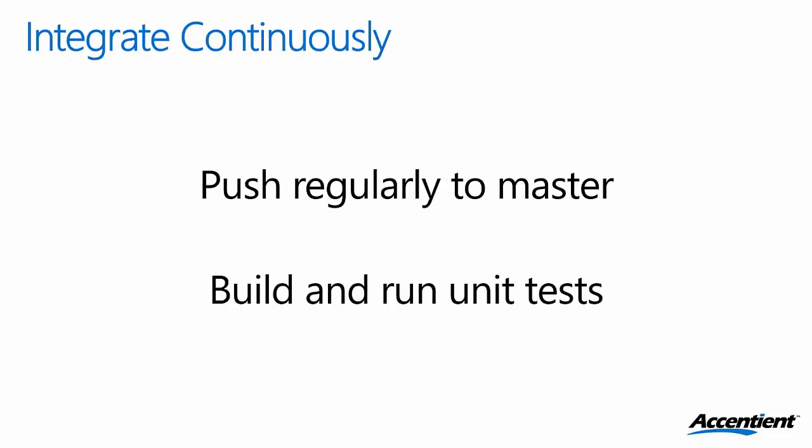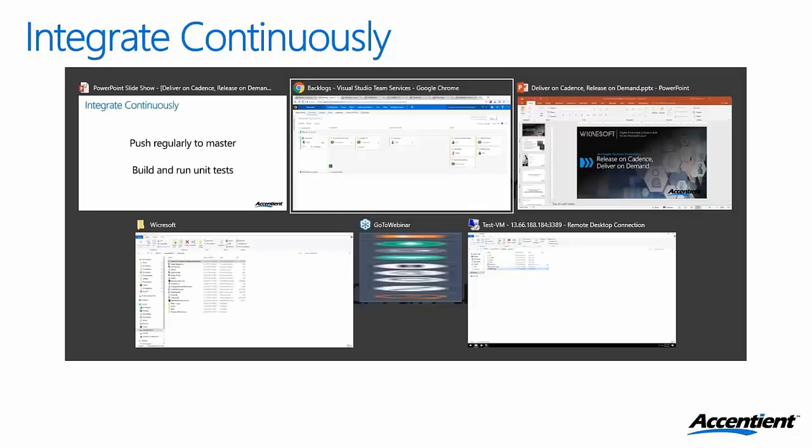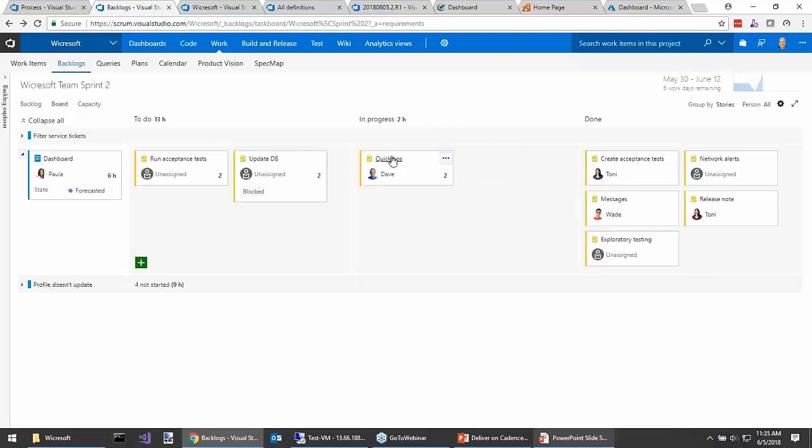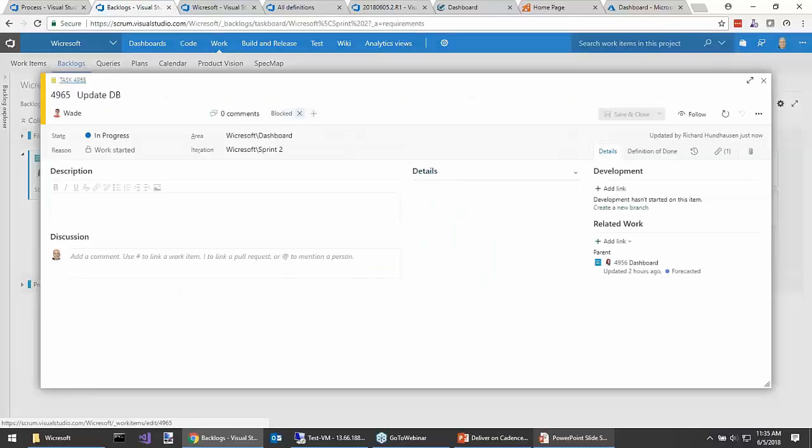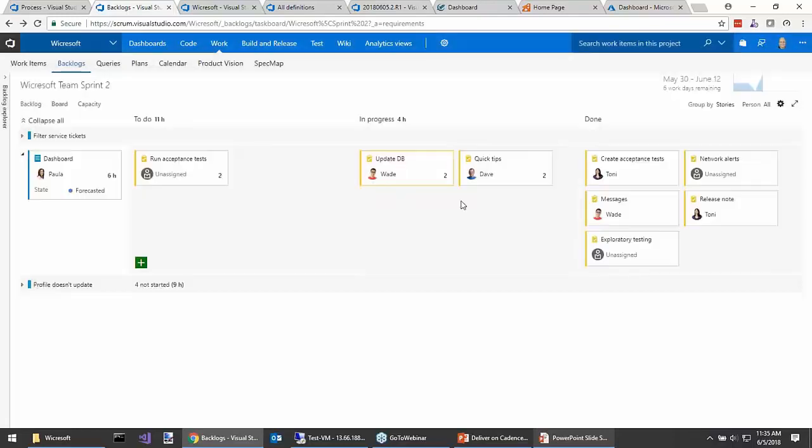Let's get on to some more of the tooling discussion. Integrating continuously. This is, just as the name suggests, continuous integration, CI. It means, hey, as we're coding on this dashboard feature, as we're integrating our database schema things, and let's say Wade jumps in and it's no longer blocked, so we'll take this tag off here. As Wade's making changes to the database and Dave's making changes to the quick tips, all the code is going